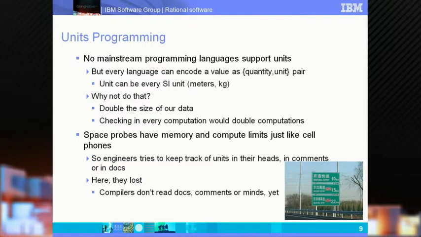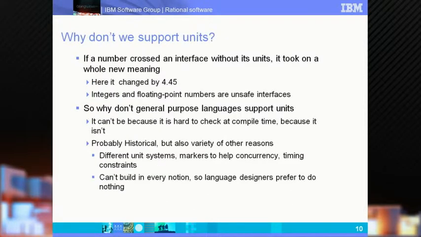Now, what's the solution that people generally follow? They try to keep the unit in their head. They write it down in documentation, maybe in comments. The problem is that the compilers don't actually read these things. Not yet. I suspect that will happen at some point. Okay? So why don't we support units? If a number crosses an interface without its units, it's going to take on a brand new meaning. In the Mars Orbiter case, it changed by 4.45. In the Air Canada case, it was halved. Okay? So the problem is that integers and floating point numbers are basically unsafe interfaces. And